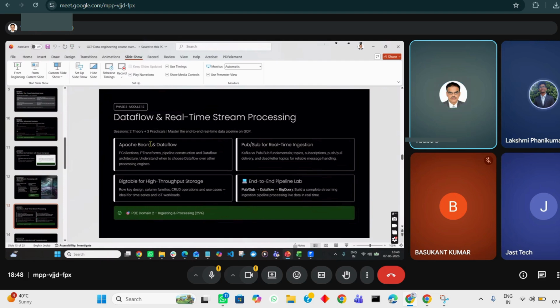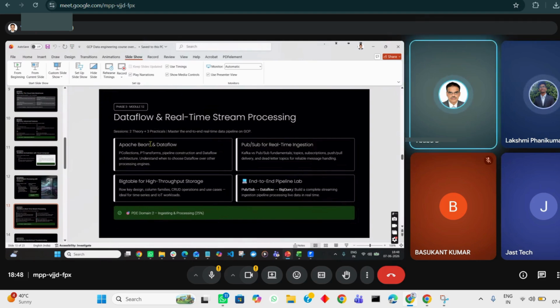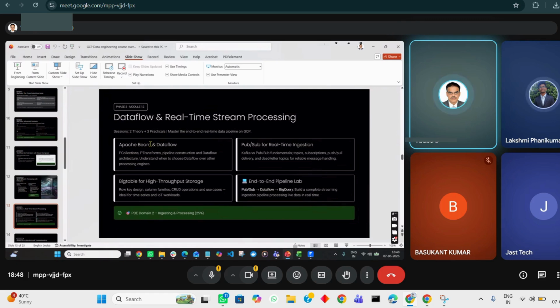So they choose the vendor based on their expertise and alignment, and can go for GCP, AWS, or Azure. But this training program mainly focuses on the GCP platform. GCP is also very popular compared to AWS and Azure, and is coming out in a very big way. Most enterprise clients will choose among these three, but you have a lot of customers on GCP also.